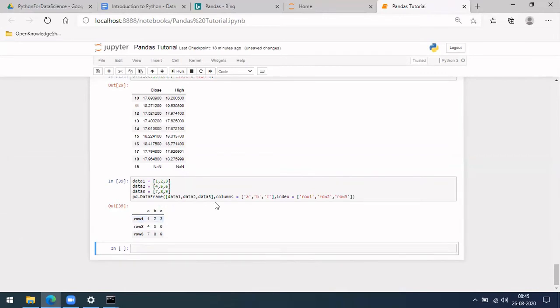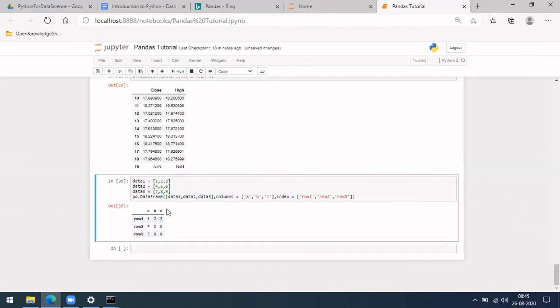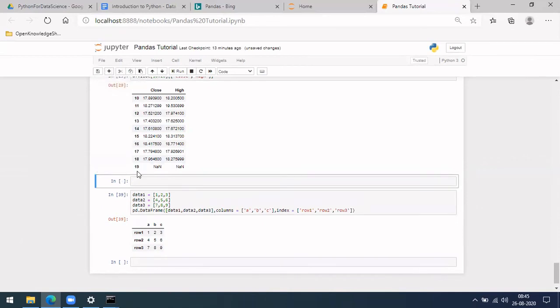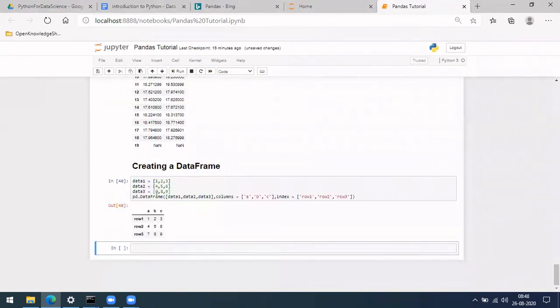These are similarly the columns and also the data you have. This is one way, in case you want to create your own data frame. You can create a data frame this way by adding your data points, and also defining columns and index.